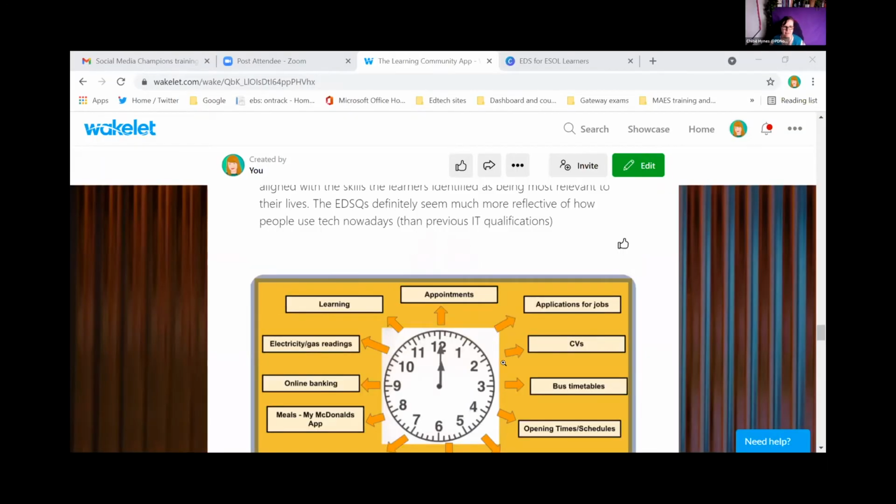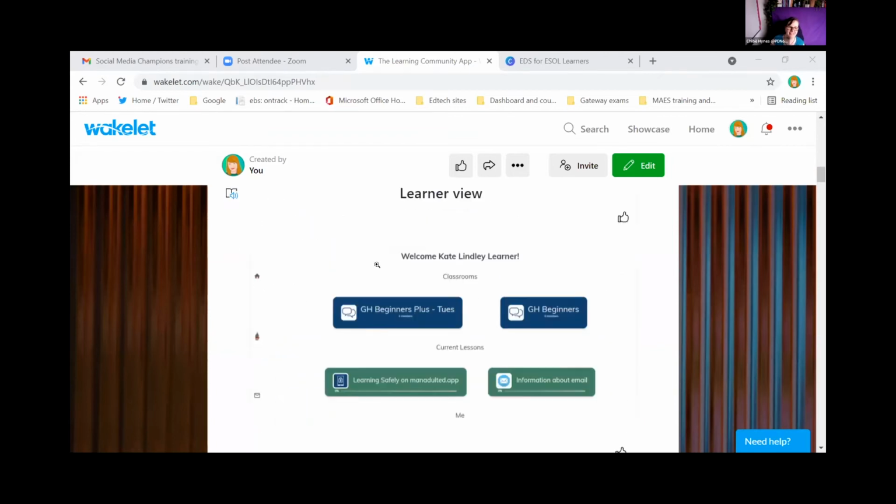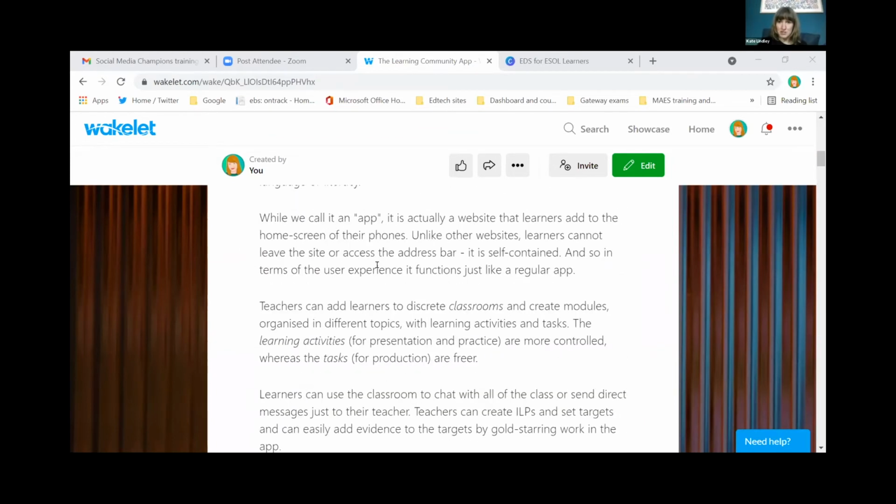All righty, let's pass on over to, which one we got? We're going for M. Yes, Manchester, Kate and Emma. So, right then, I'm just going to double check. Can you see my Wakelet?